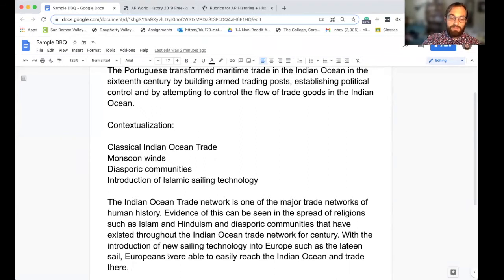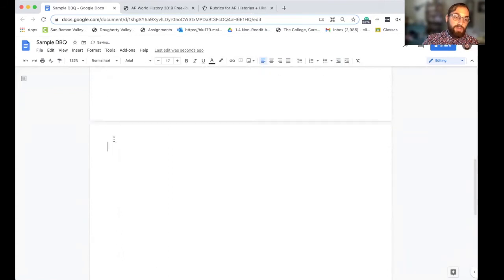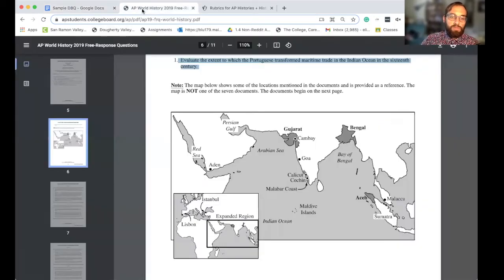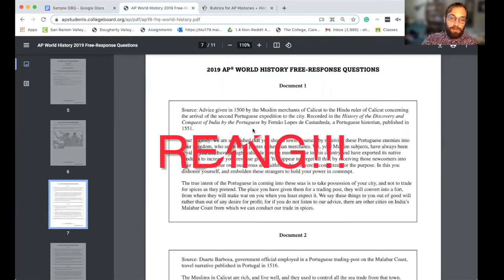So let's go ahead and space down a little bit. Let's go to the next page. So now we're at a part where we actually have to read the document. So this is going to be evidence part 1. So let's look at that. All right, so now we're going to have to take a look at the documents. But because we only have to describe 3, I'm going to read the first 3 and describe the first 3. Scroll down. Let's see. Document 1.